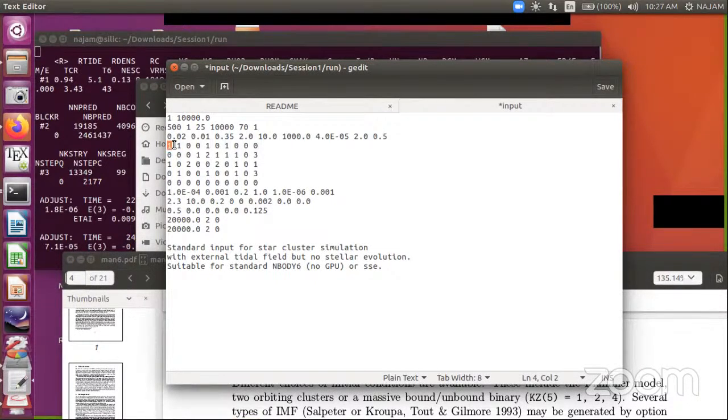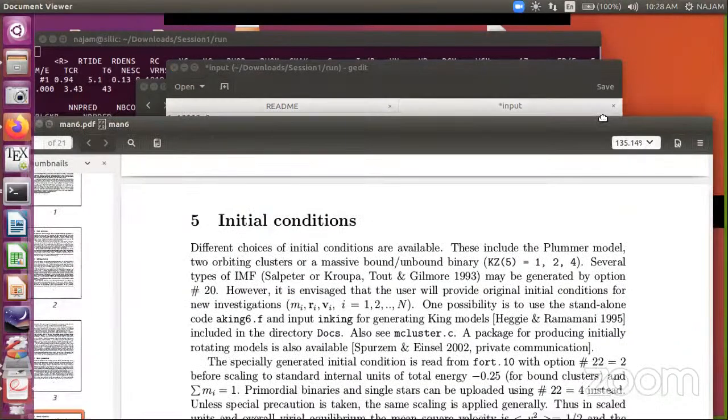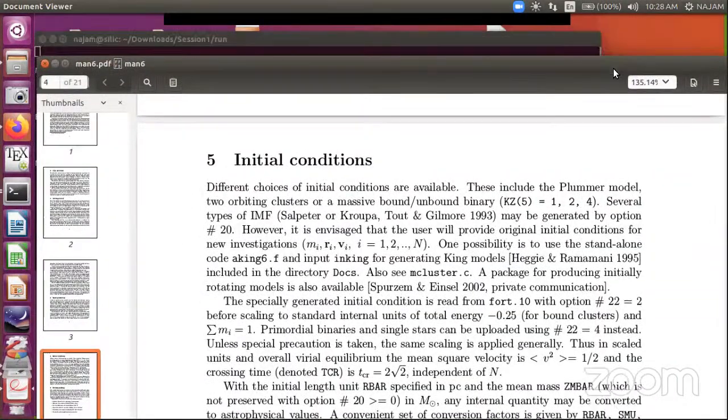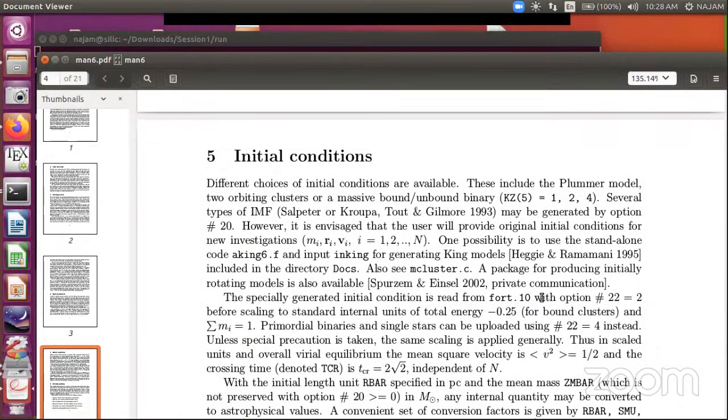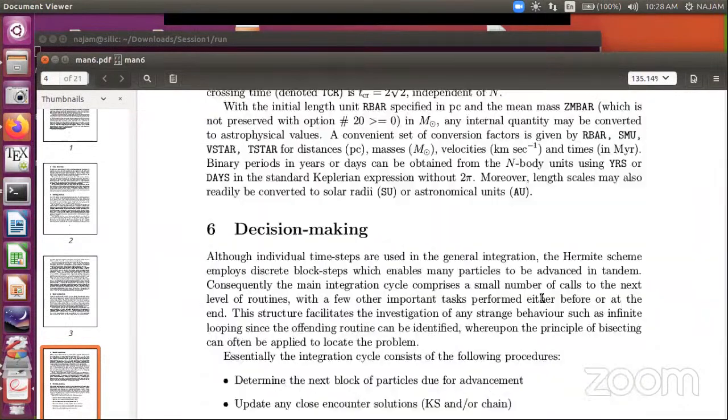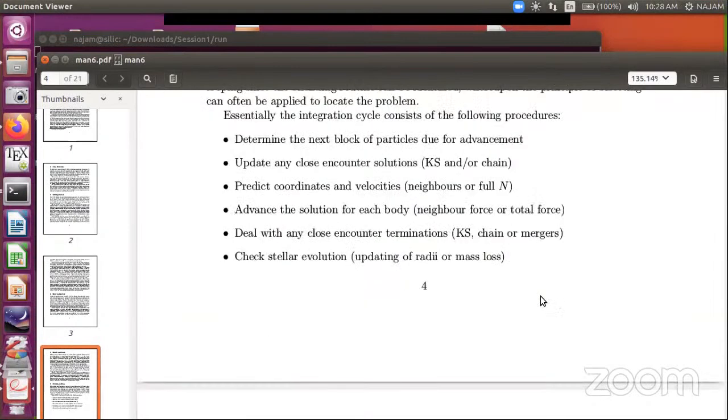Like this one is T start, it starts with 1. And suppose you want to rerun the whole thing, then you start from where you have stopped. So you change it to 2 and you put the other input parameters and so on. Okay, so this code is extremely good